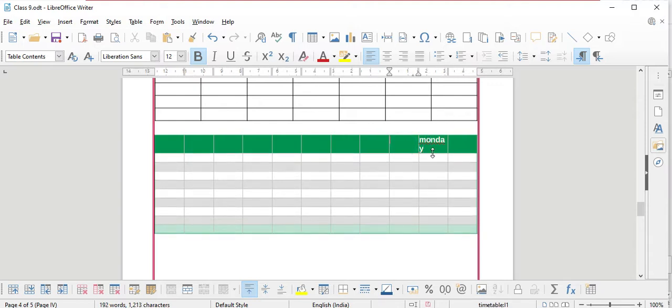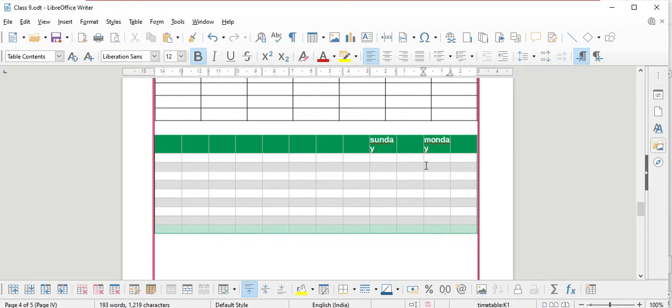This is my column. Before this Monday I want to insert one column. So for that I will keep my cursor here and go to column before. When I select that, the new column is inserted before the Monday column.